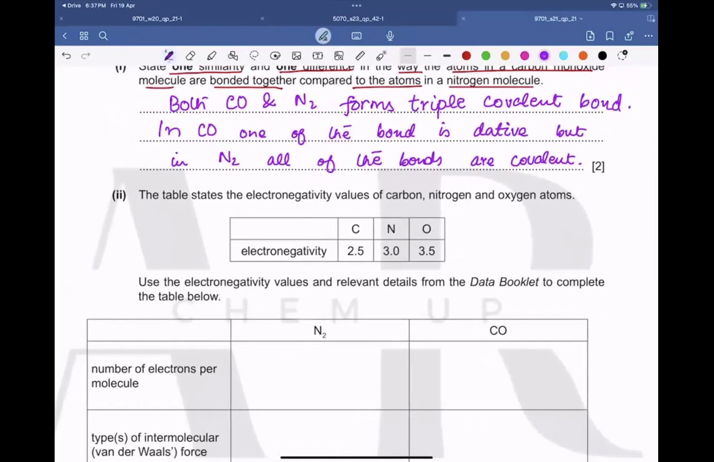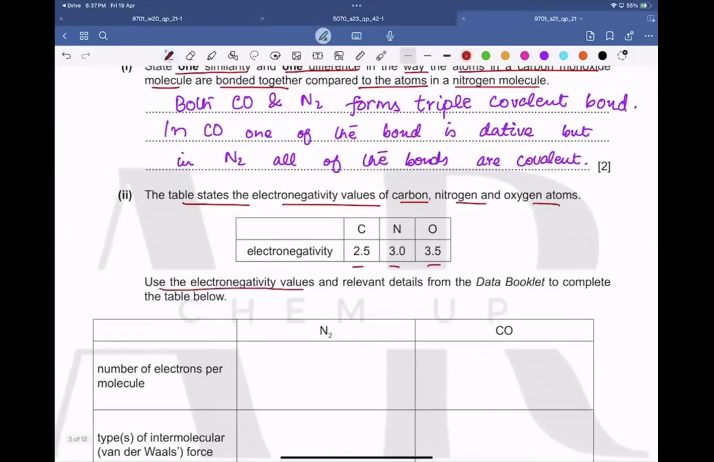Okay. Now, next part. The table states the electronegativity values of carbon, nitrogen, and oxygen. Okay. 2.5, 3.0, 3.5. Use the electronegativity values and relevant details from the data booklet to complete the table below. Okay. I'm telling you again now, remember there is no need of